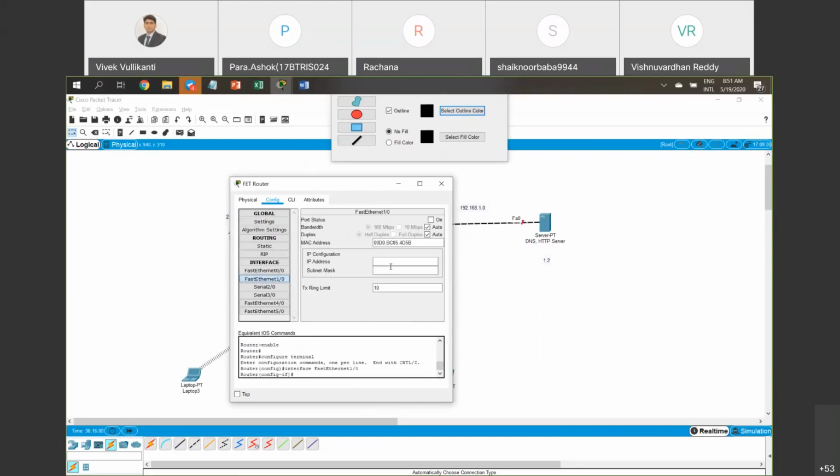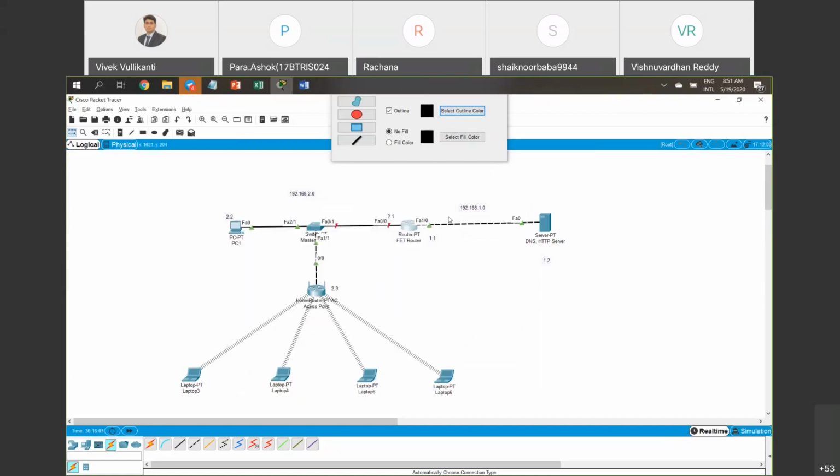So we have 1/0 here. We're going to say on. The IP address we're going to use is 1.1. And we're going to configure this there. So this end is pretty much done. Let's go to this side, and slowly we'll come back to the wireless router. So I'm going to configure